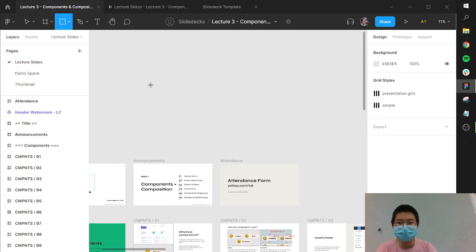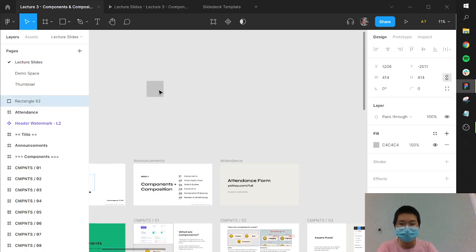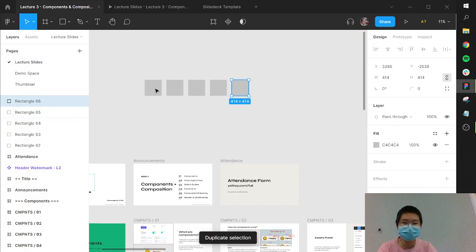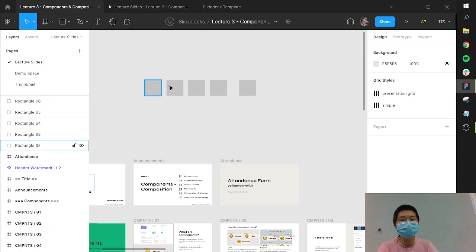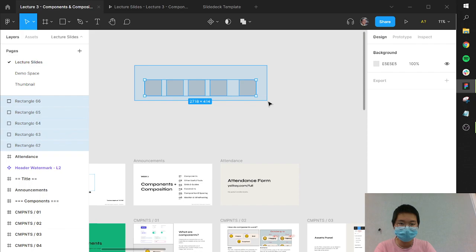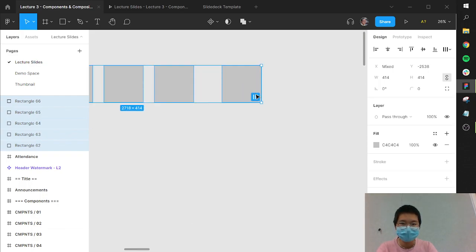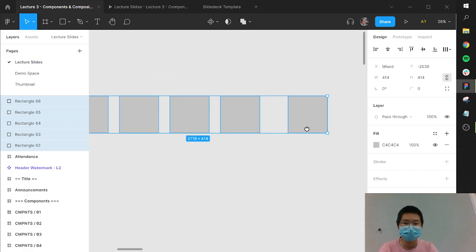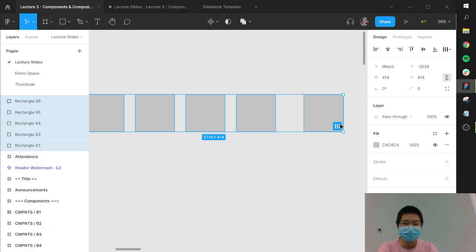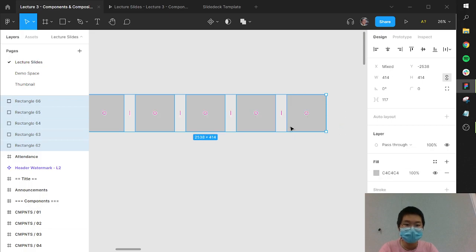I'm going to make just a bunch of rectangles. I'm going to drag this out. I can actually hit Command D. It's going to copy and paste them in the correct spacing. I'll also show you the tidy up function. So these are going to be 4 with even spacing and 1 that's a little bit too far. I'm going to select all of them, and you might have actually seen this show up. When I zoom in, this button's going to appear. This is the tidy up button. So I'm going to click it, put this in line, click it, and now they're spaced evenly